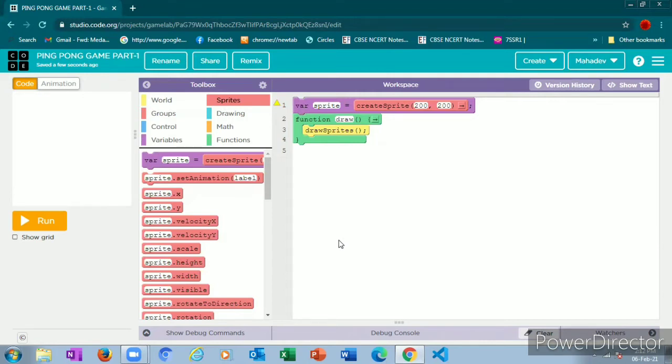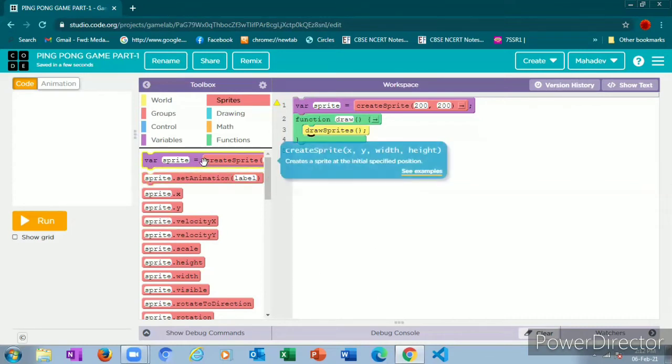If we don't give draw sprites, it won't execute. If you place draw sprites below function draw, it won't execute. It's completely wrong. Draw sprites will be here only. So firstly we are going to create a ball, so we drag and dropped this variable thing here.